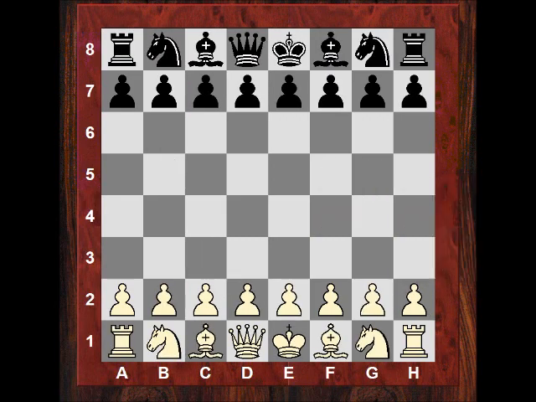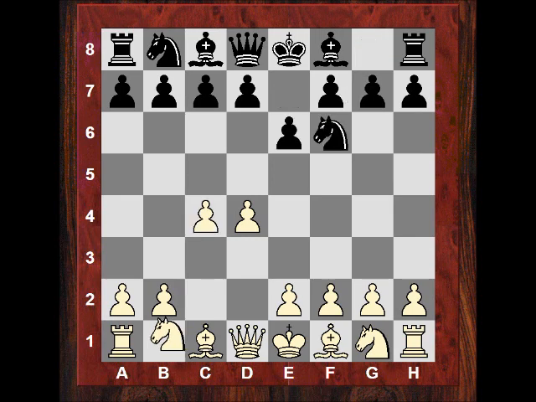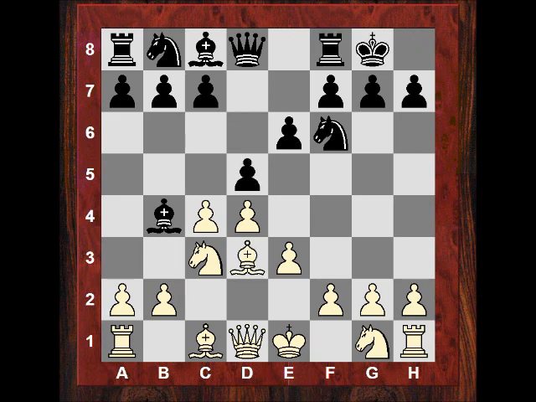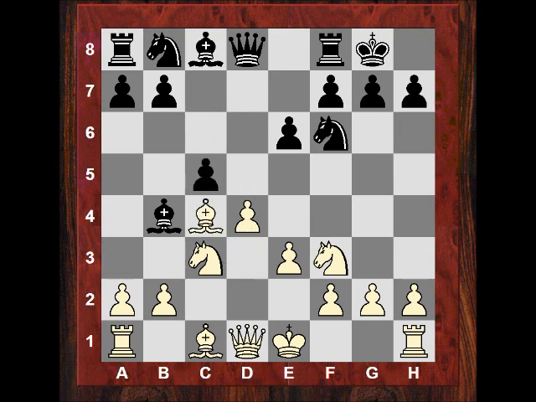So Rajabov against Kramnik, d4 from Rajabov. Vladimir plays into a Nimzo-Indian defense. We have the Rubinstein variation. d5, okay, knight f3. Vladimir Kramnik takes on c4 and plays c5. We have a standard isolated queen's pawn position, with black now playing